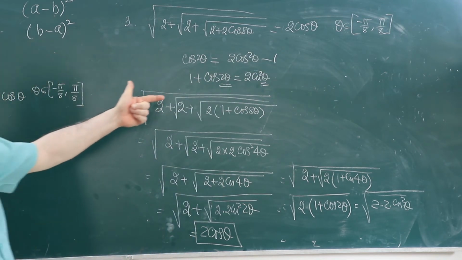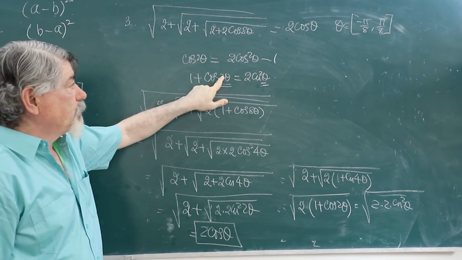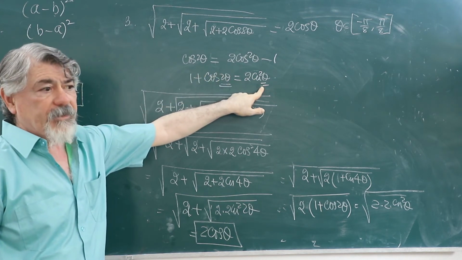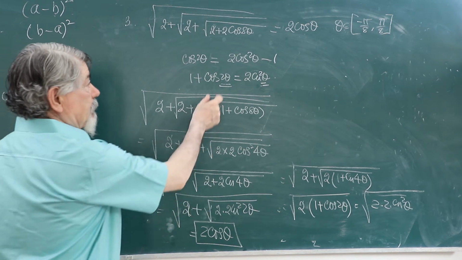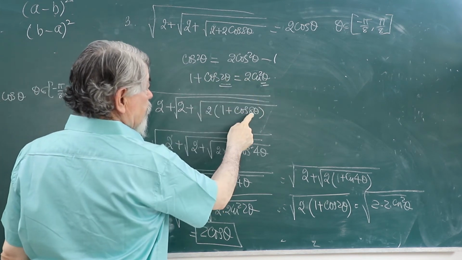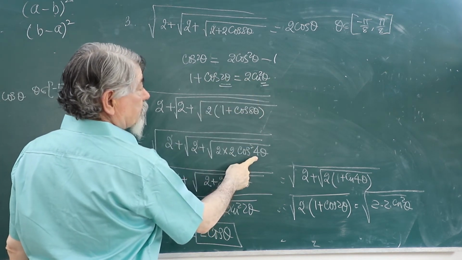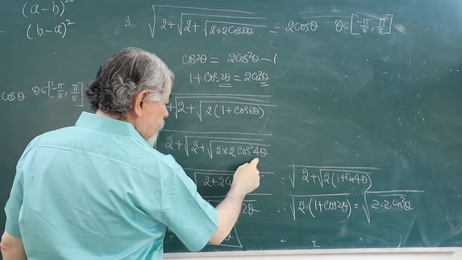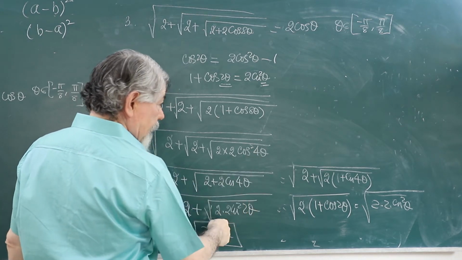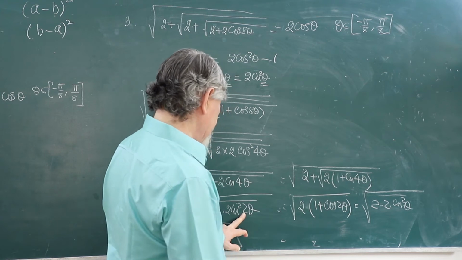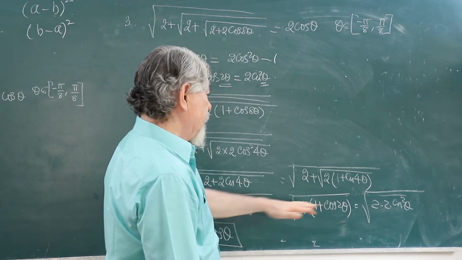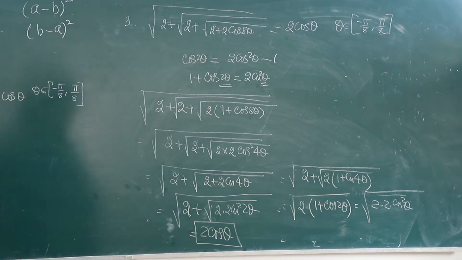We are choosing the same formula. If it was 2 theta, it becomes half here. So whatever the angle is here, half will come here. If it was cos 8 theta, it became cos square 4 theta. If it was cos 4 theta, it became cos square 2 theta, and so on. So we got the value as this.